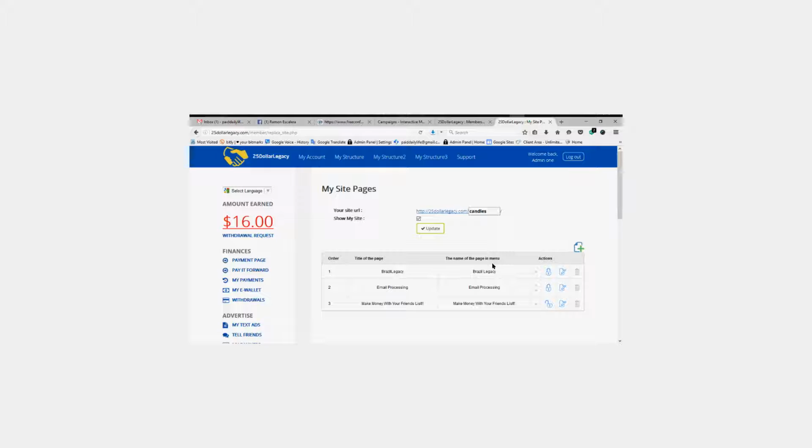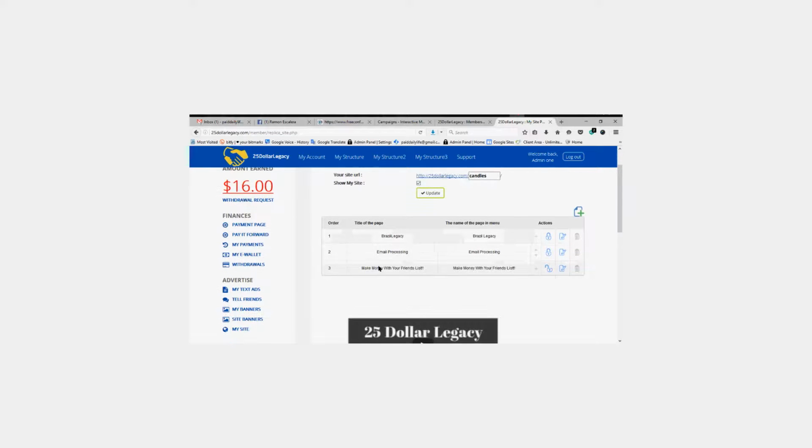Once you do so, you're going to hit this little plus sign, little page here and the plus sign. Once you click this, it'll open up where you're going to be able to add and create your very first page. For those of you that already have a page, they'll be listed here, 1, 2, 3. When you unlock a page, as you can see, this is unlocked. See, these two are locked.